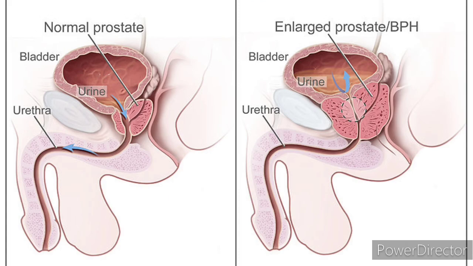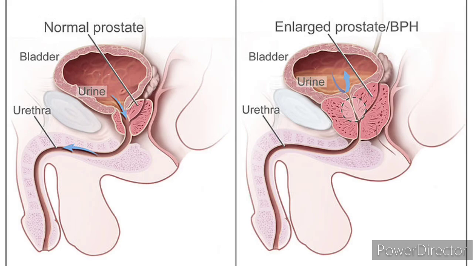So what is the procedure that we do? Sometimes we do prostatectomy. This is the procedure which is done to remove the prostate gland, which is called the prostatectomy. We remove the prostate gland. There are also some other types of surgery based on the approach.